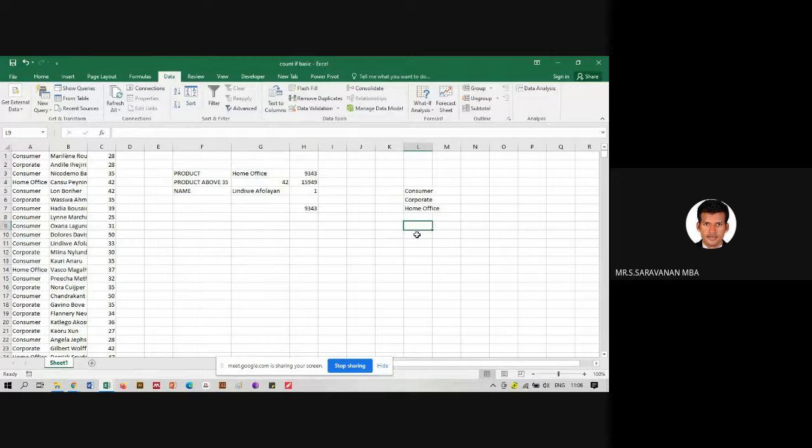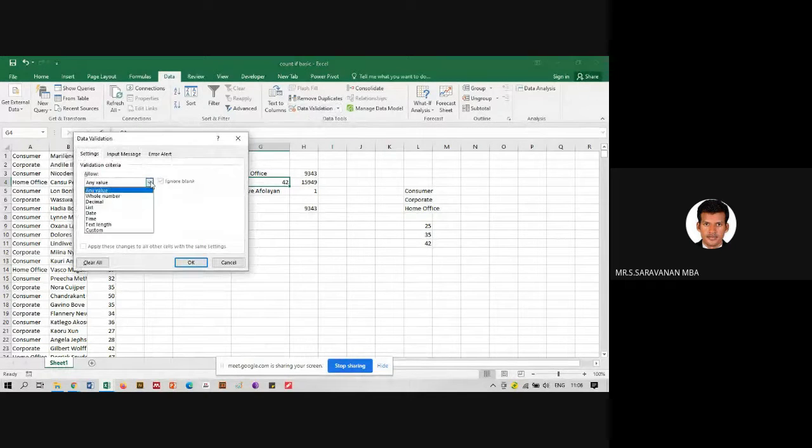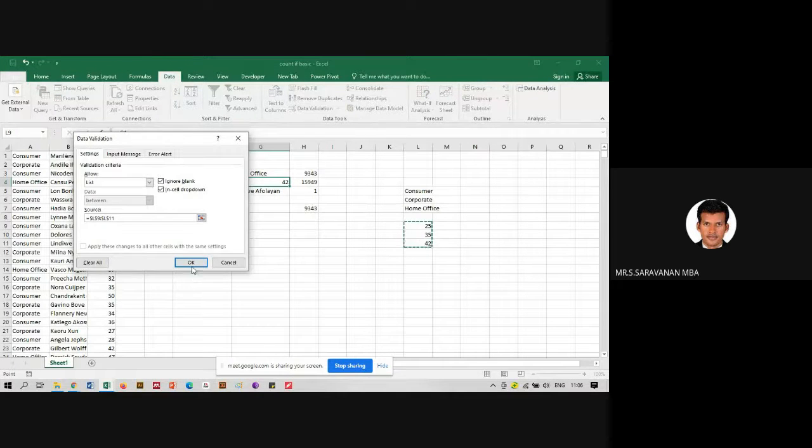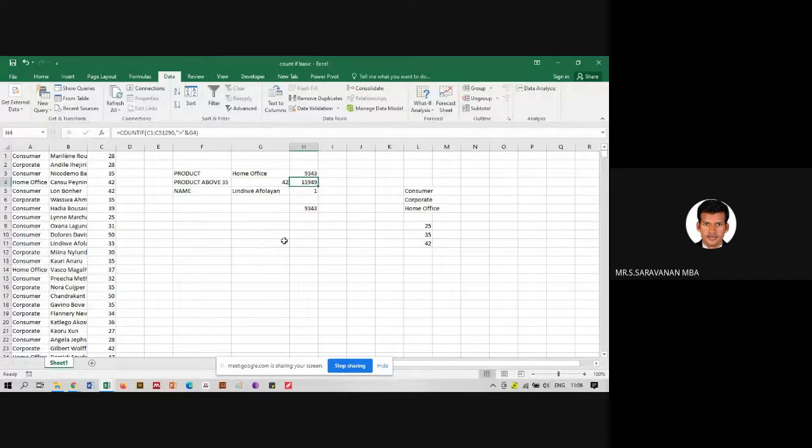Let's create a list. 25, 35. We'll create data validation, create a list, source file. Okay, click OK. So already I have calculated here. So instead of that, I want 25 information.